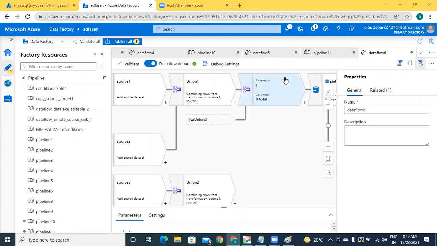For parallel processing, this kind of second approach is always recommended, because the first union will be executed by some of the nodes. The second union will be executed by some other nodes. Again, these two union results will be executed by some nodes for union 3. Understand? In that way, even if they have given 100 files, if you configure step by step like this, the execution burden will be reduced on the distributed clusters. Okay, this is one limitation.